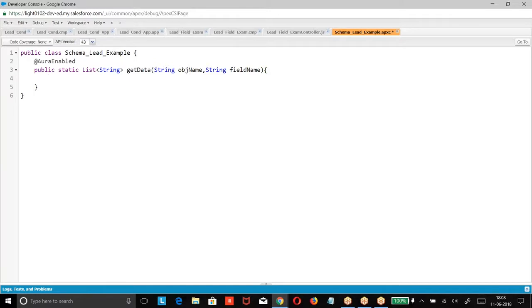So what is the program we have to write? Schema programming. In the schema programming, what was that? Get global describe. What will this do? Map of string comma Schema.SObjectType.